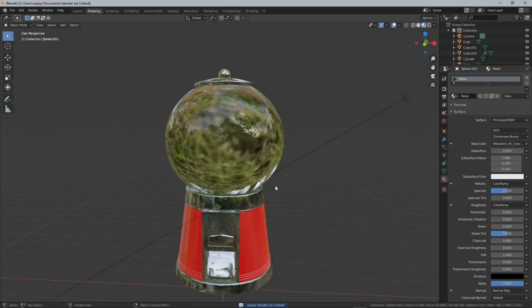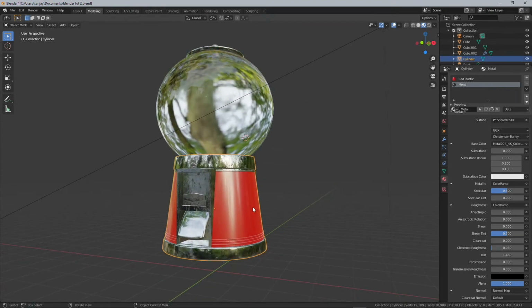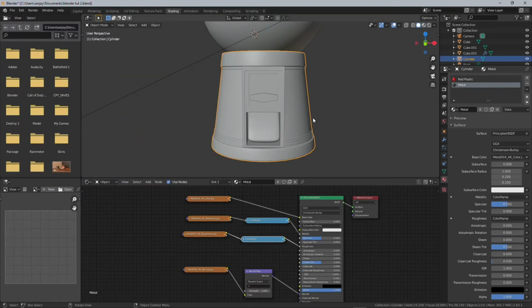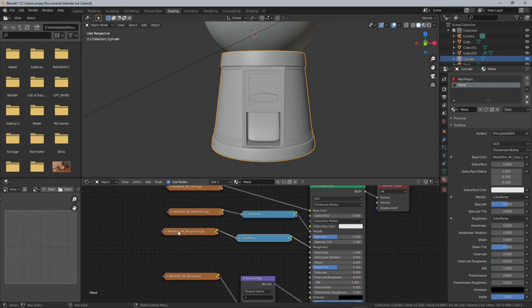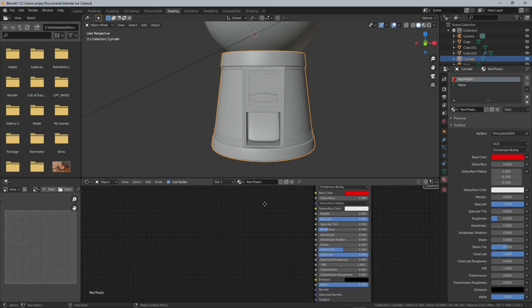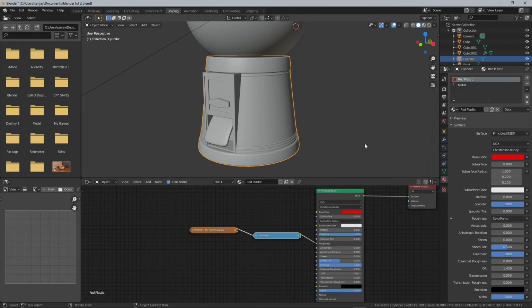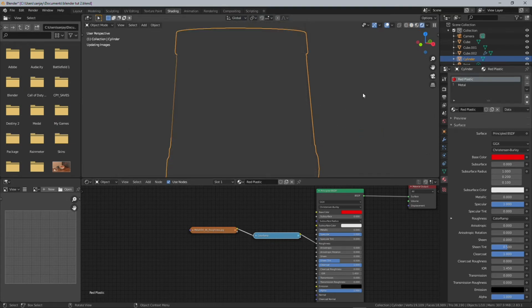So now that we have all of our materials, I'm going to show you what I was talking about earlier with this plastic that can help make it look better. Now that we are in our metal texture, I'm going to copy the roughness, walk on over here to the red texture, and paste the roughness with Control C to copy and Control V to paste. And I'm going to plug that in, and we can see it gives us,